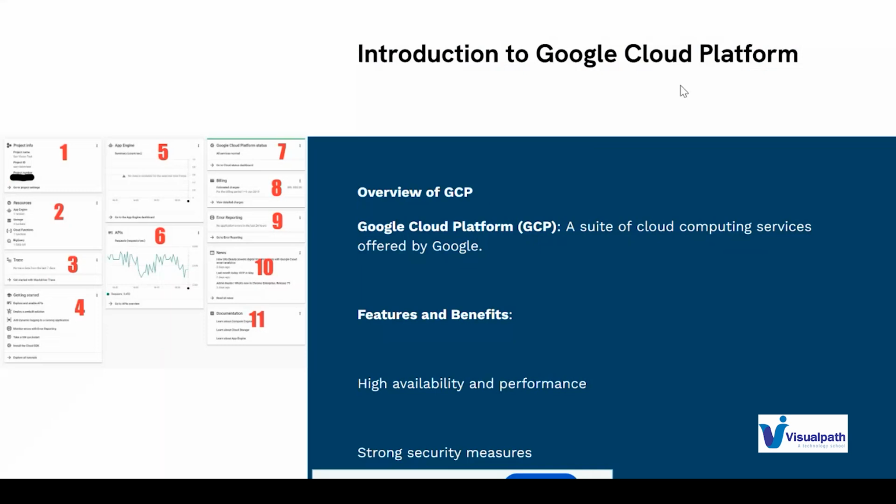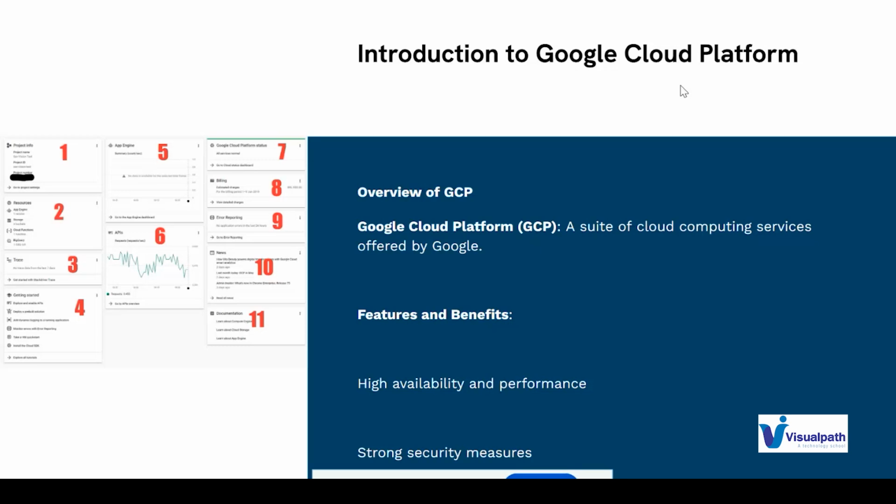Till now, I covered what DevOps is and what things are included in DevOps. And second, I explained what cloud computing is and the different types of deployment models. Now I will explain what important services are available in Google Cloud Computing. In Google Cloud we have a lot of services available: computing related services, and database related services.